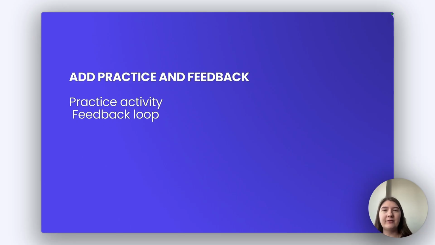And basically, every key skill should include some practice activity and feedback loop. For example, employees might do some AI role plays or some AI assessments. And in this way, they right away would have the feedback, which is automated. And additionally, they would understand what their skill gap is, where they need to improve, what was good, and so on and so forth.